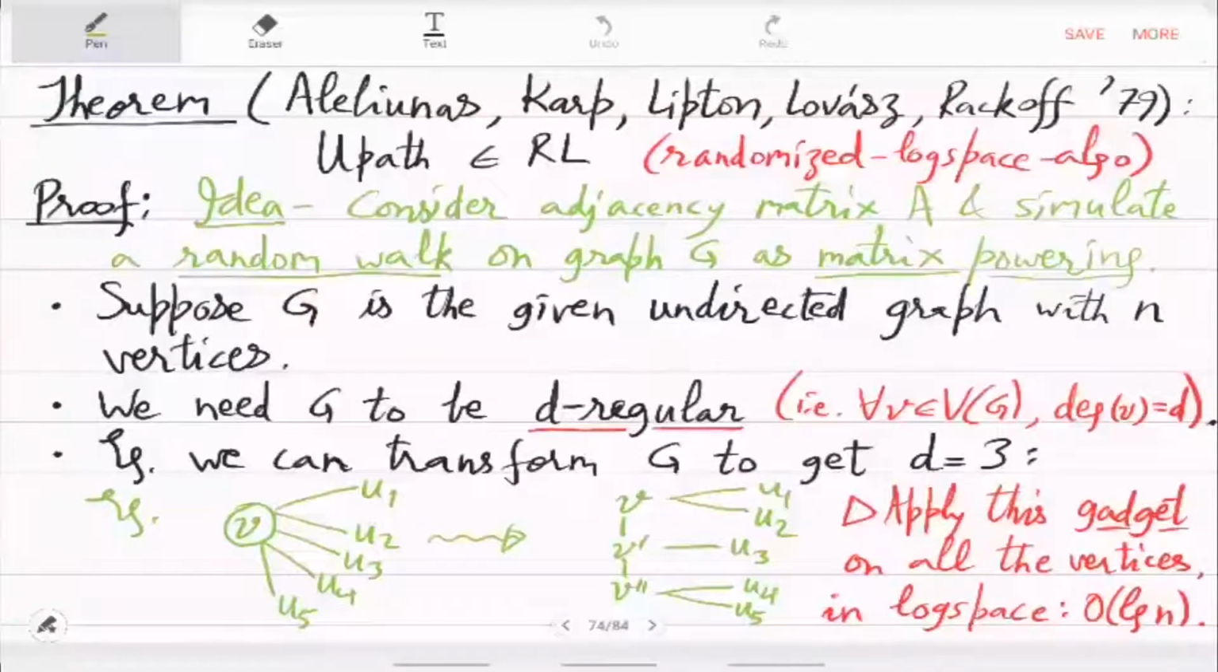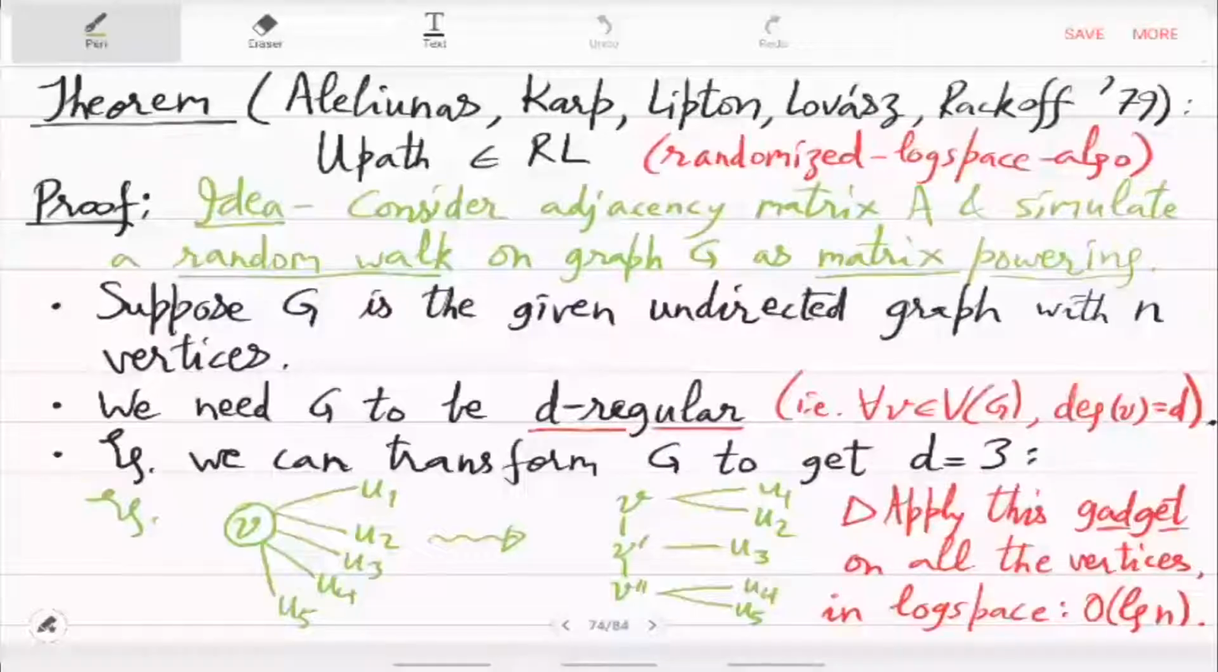Last time we were in the middle of proving this theorem by Reingold, which will have a long proof because it involves many new ideas and many new tools in matrix analysis. So this theorem says that